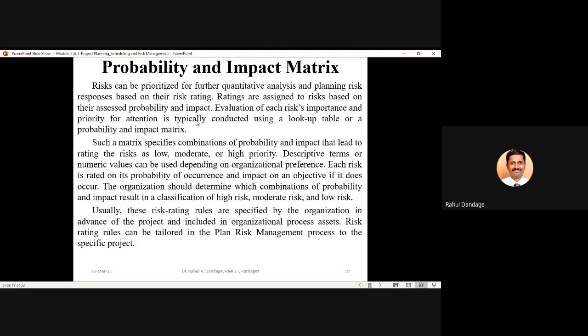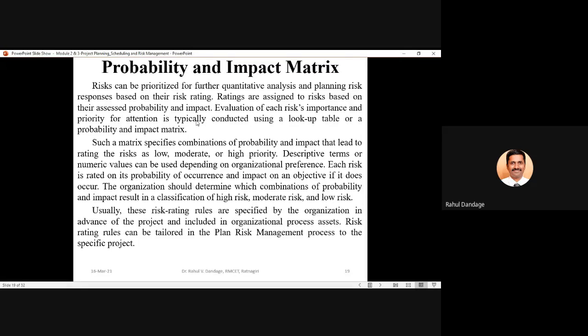Now, the overall effect of your risk category is calculated as the product of probability and impact of your risk category.